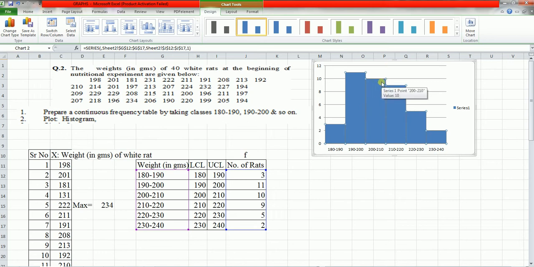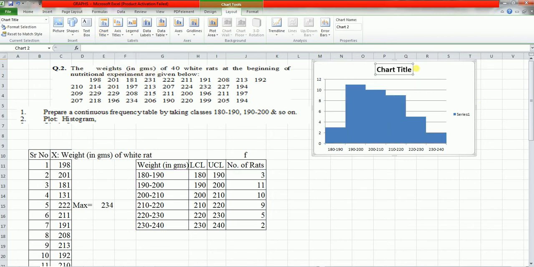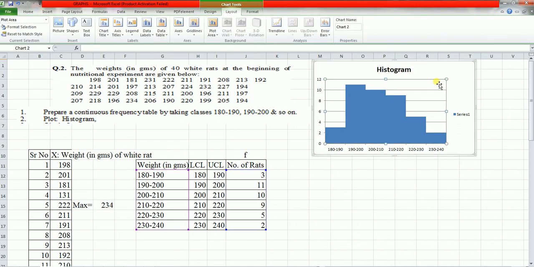Now to give chart title, go to layout and chart title above chart. So write here histogram, and on x-axis we have considered classes, that is weight in grams.